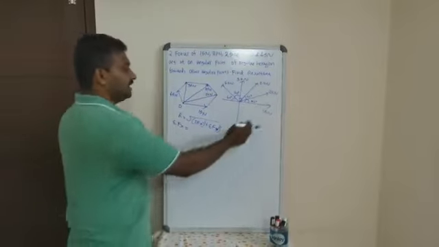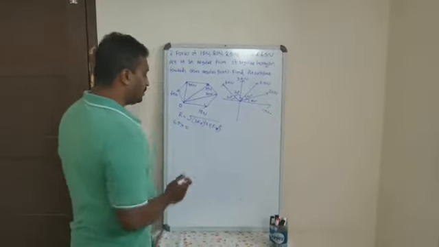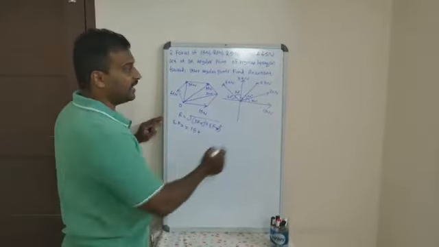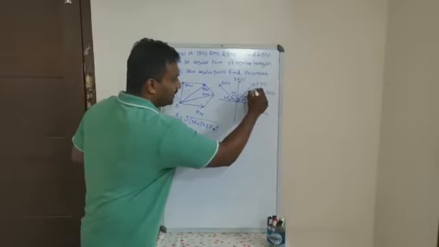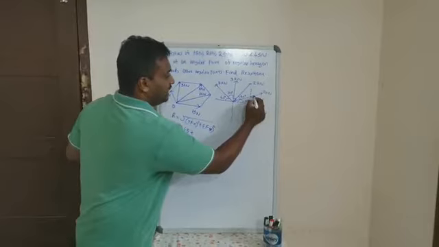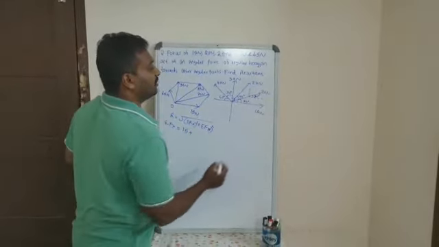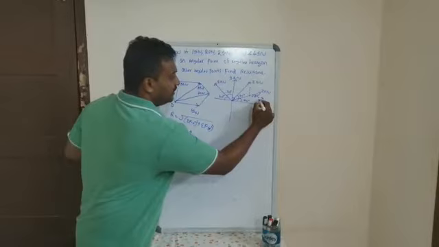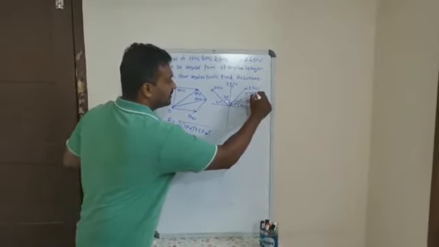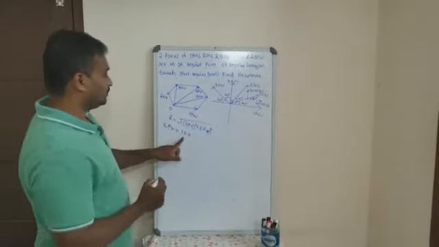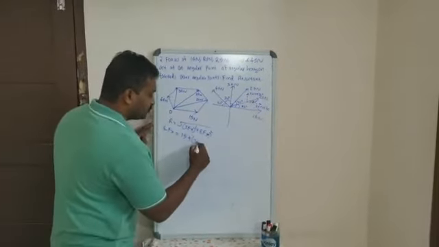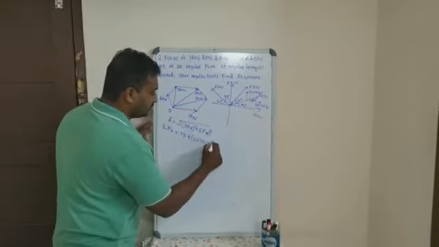Sigma fx is equal to, here in horizontal direction, this 15 Newton alone, that is 15, plus then 20 Newton. We have to resolve this 20 Newton into two components. I will do it here. This 20 Newton is making an angle of 30 degree with horizontal. Therefore, this component is 20 cos 30, this component 20 sin 30. Right? Therefore, 15 plus second component, in right hand side, therefore positive, plus 20 cos 30.